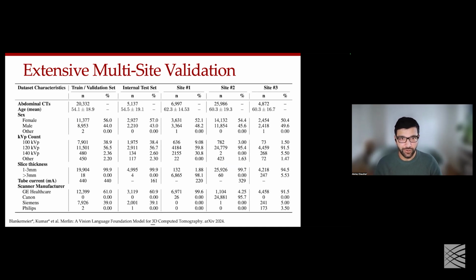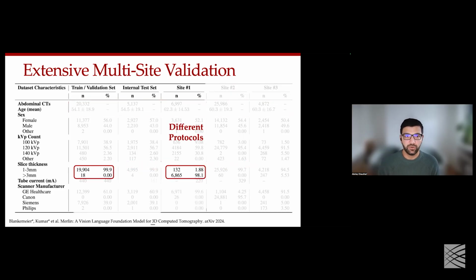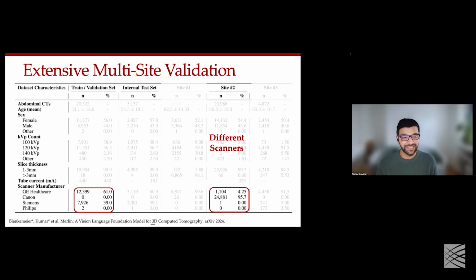There's a lot of data here around how different sites had different data, but let me walk you through what I think is the most important. So first of all, compared to Stanford, whenever we evaluated our data from external sites, the patients were much older at the other sites, which meant that the disease prevalences and the disease burden would be quite different. When we compare Stanford data to site number one, we saw that the imaging protocols, so how the images would be acquired in the first place, were quite different too. This would change what sort of image representations are learned. When we compared to site two, the distribution of scanners was completely different too.